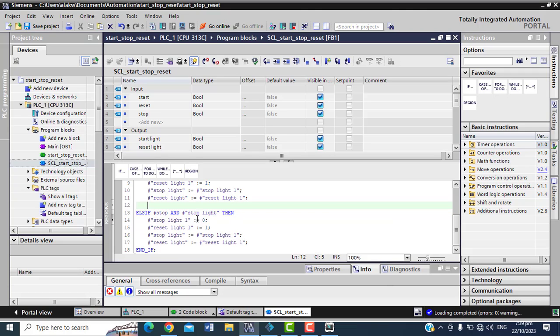anytime where you press the stop button, and your start light they on, then what I want to be say for that my stop light, I want send one to them, and then to my start light, so I'm gonna be start. To that start light, I want send 0 to them. And my stop light, I send to stop light 1.